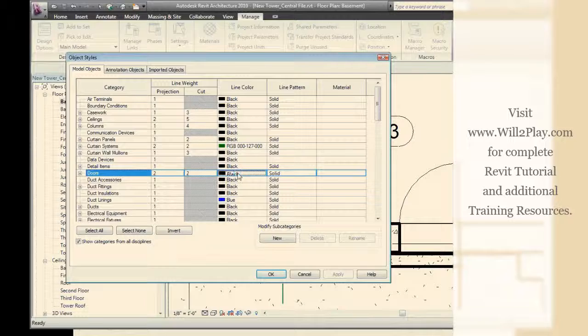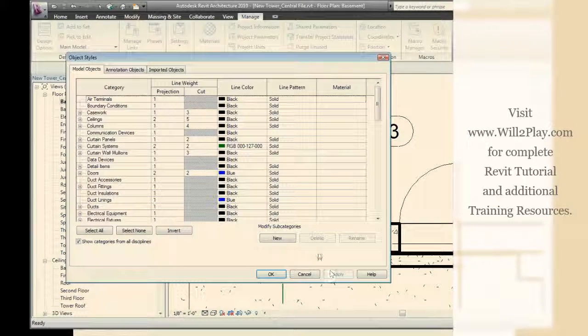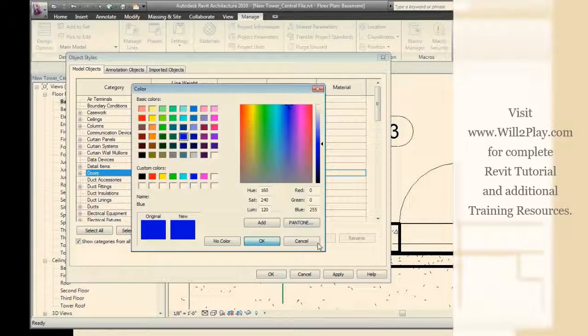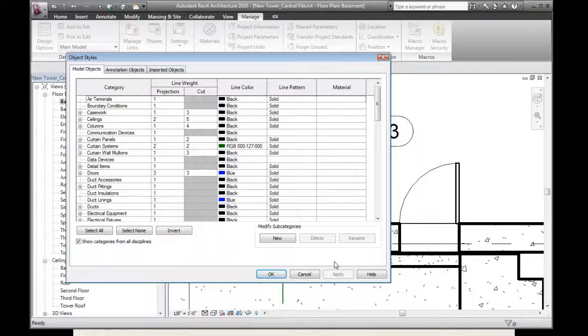Let's make sure we get the first category. Let's make doors blue. Okay, apply. Woohoo! Nothing happened. Okay, let's bump up the line weight. Maybe it's a line weight issue. Let's keep it at blue. Okay, apply. Okay, nothing is happening here because I am modifying it at the category level. Remember that overarching hierarchy, like Revit is based off of categories and families and types and instances? Same hierarchy is dealt with within the family, the category,